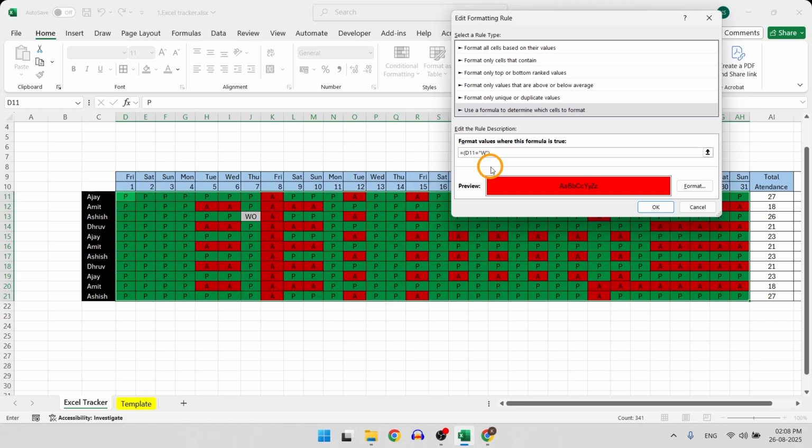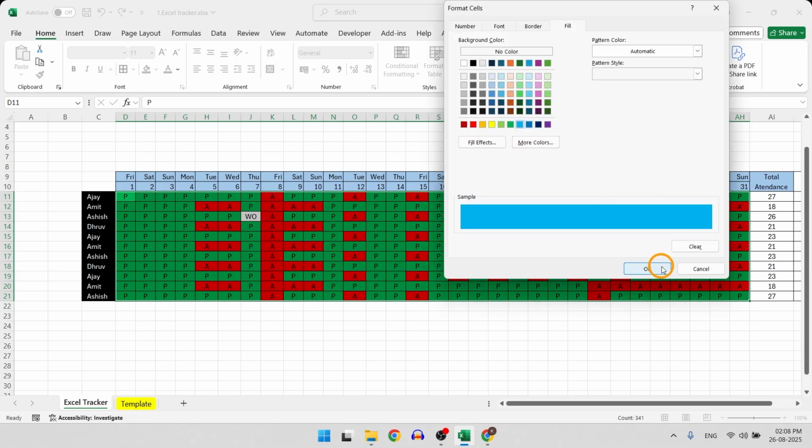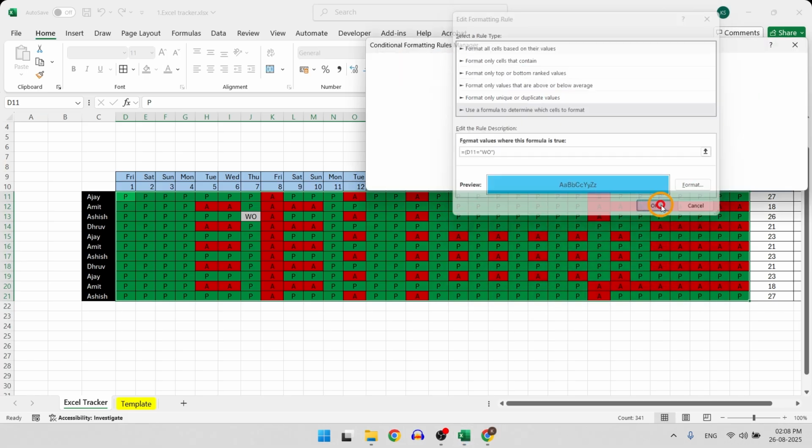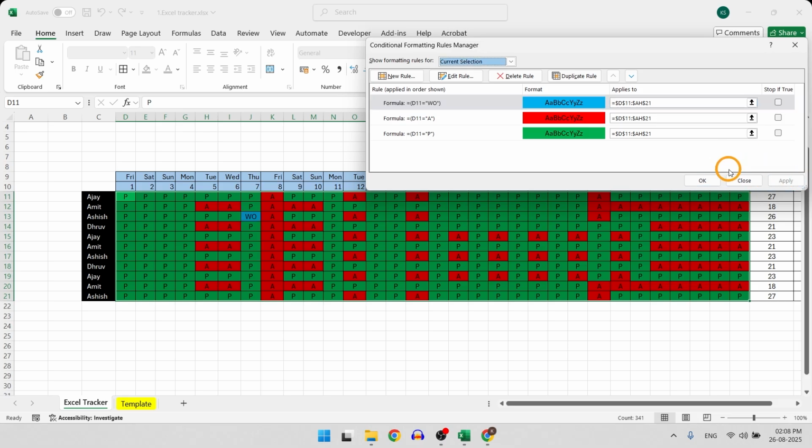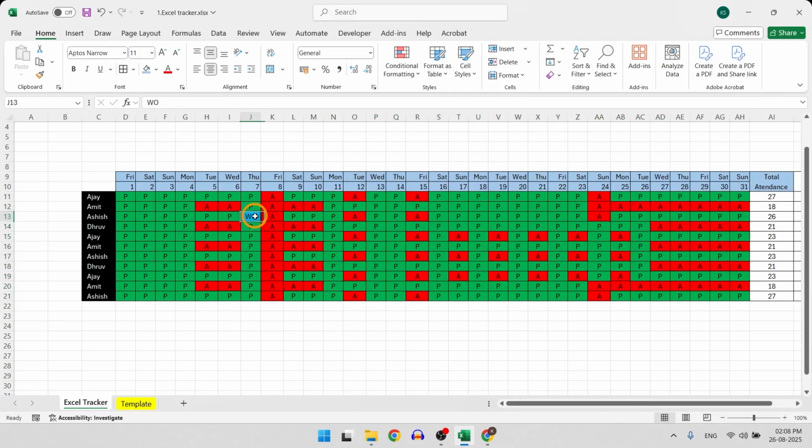So I will copy the formula, edit the rule, change the condition from A to WO, and then change the formatting to blue. If I quickly apply this, you see it has filled only the weekly off values in the grid with blue color. If I change any value to WO in the grid, it will dynamically update the formatting.